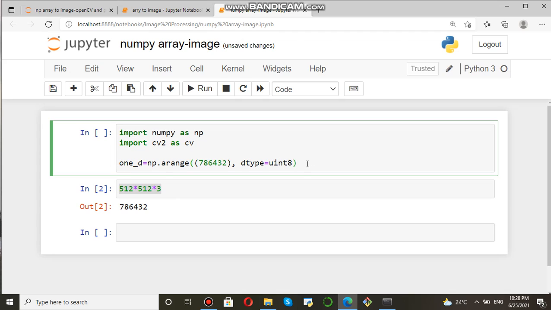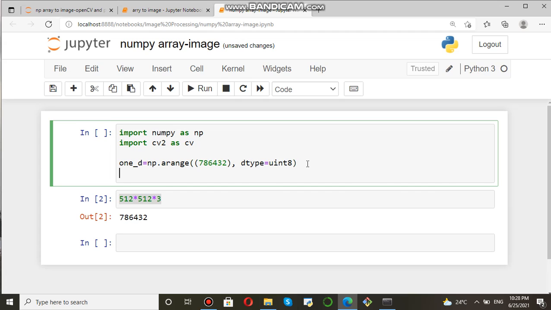So 1D is ready. Now what we need to do? np dot uint8. Yeah, you are right. Now 3D equal to 1D dot, tell me the function name for reshape.